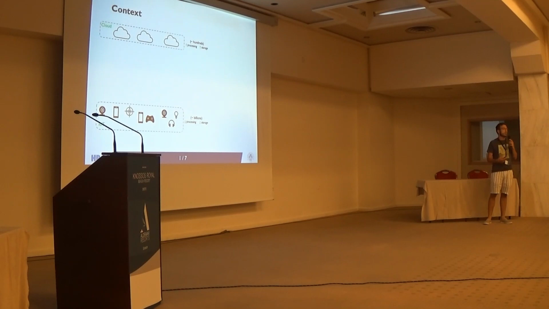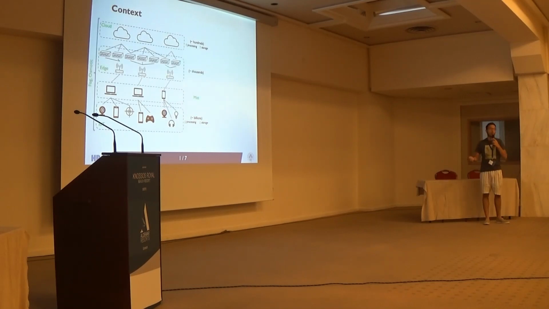And of course, if we consider those applications that are latency sensitive or bandwidth hungry, we can't, for example, send everything to the cloud to respect these requirements. So we introduce this middle layer that we can call in several ways: fog, edge, mist, osmotic nodes, according to the paradigm that we are considering. But in general, we introduce these nodes because we want to partially filter the data that we produce, to respect those latency and bandwidth requirements that applications and devices in the IoT layer must have. Also, in this context, we must consider